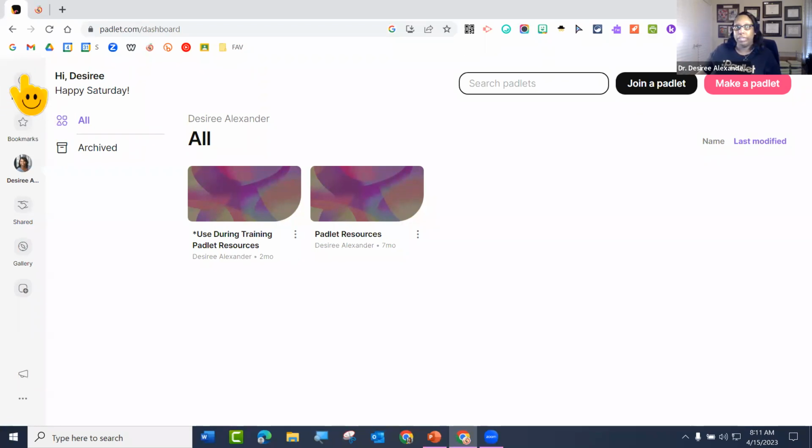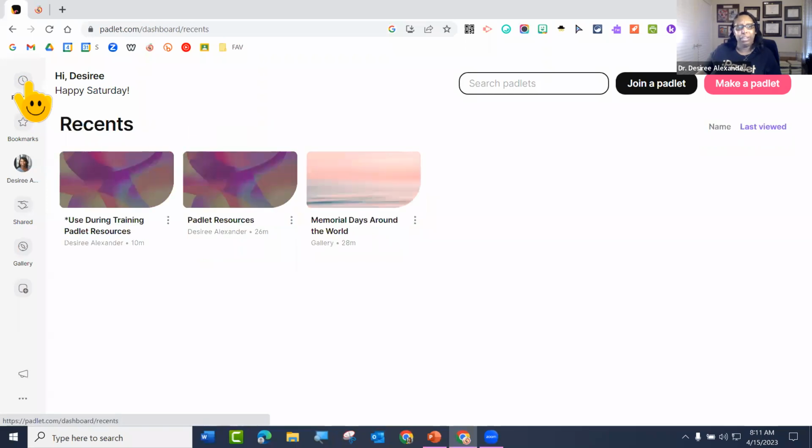So notice we have recents. Recents is really no big magic to it. Recents are just the recent Padlets that you clicked on. And it tells you, see, I was kind of playing around this morning. It tells you when you've clicked on it. So if you're like, man, I clicked on a Padlet 3 days ago that I really loved, but I forgot to save it, I forgot to put it as a bookmark, which I'll tell you how to do, you can always come to recents. I just clicked on this one just to see it and it's here in my recents. So really awesome tool that you can use.